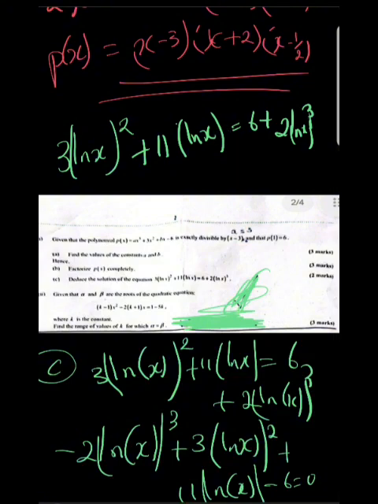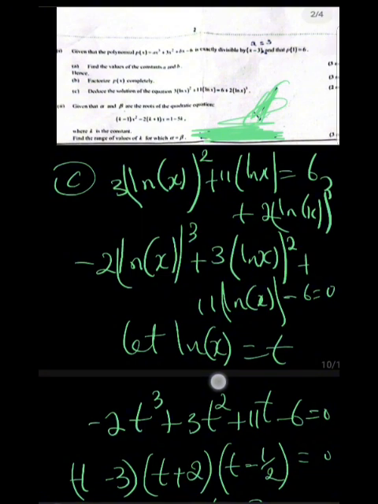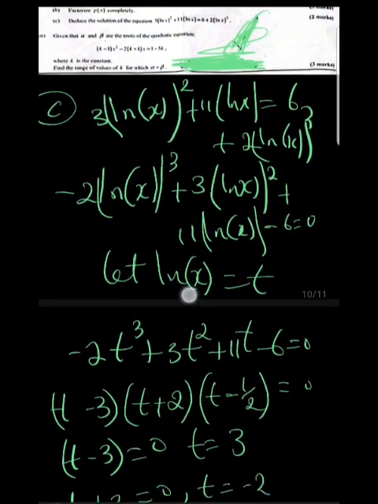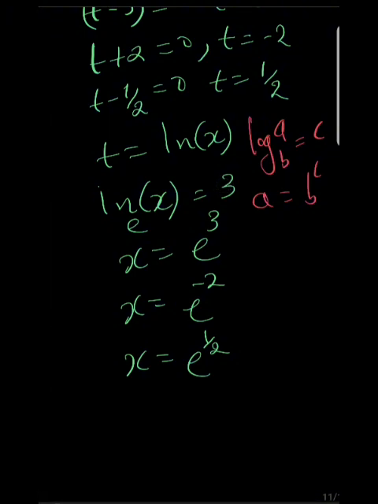Now they are saying that for Roman 2, given that alpha and beta are the roots of the quadratic equation, let us write the quadratic equation, k minus 1 all that x squared. So Roman 3